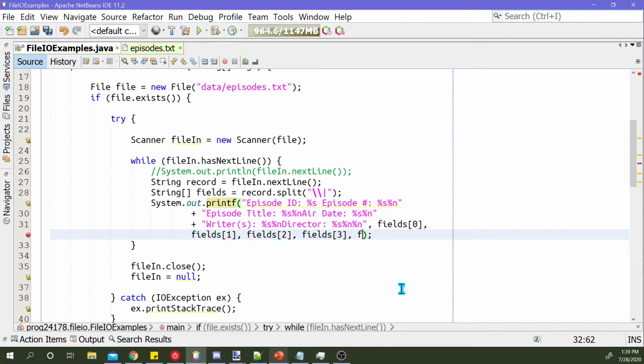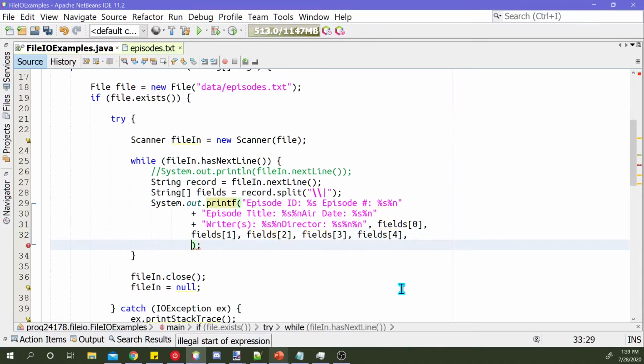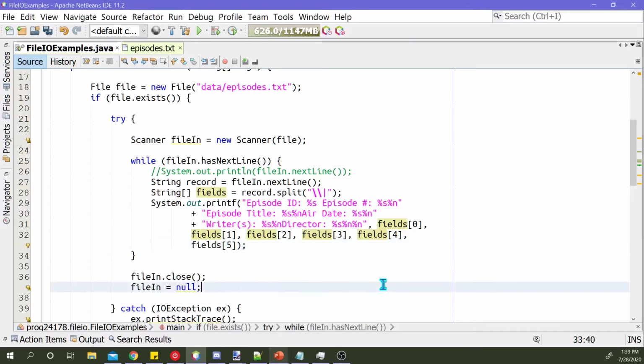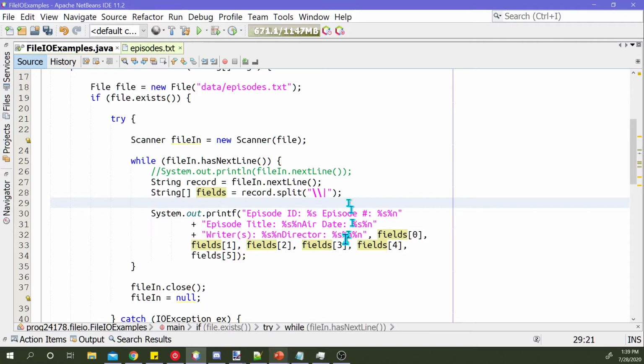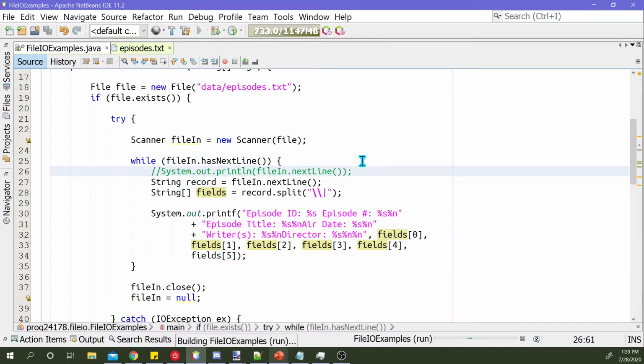And writers was fields 4. We're going to have fun with that in a little bit. And then the director was fields 5. And everything looks okay. So it's a bit long. Don't worry, it's a bit long, but if you've done format specifiers before, it's very simple because everything's a string. And so now I can run this, and